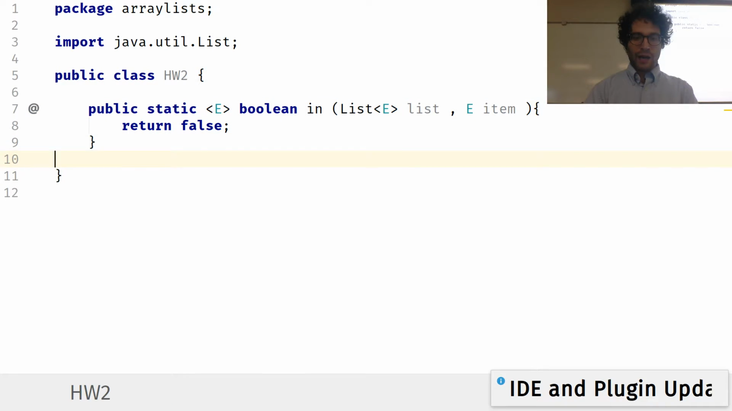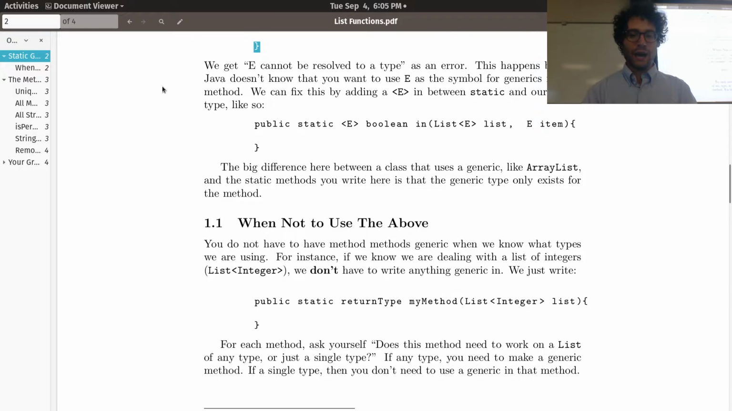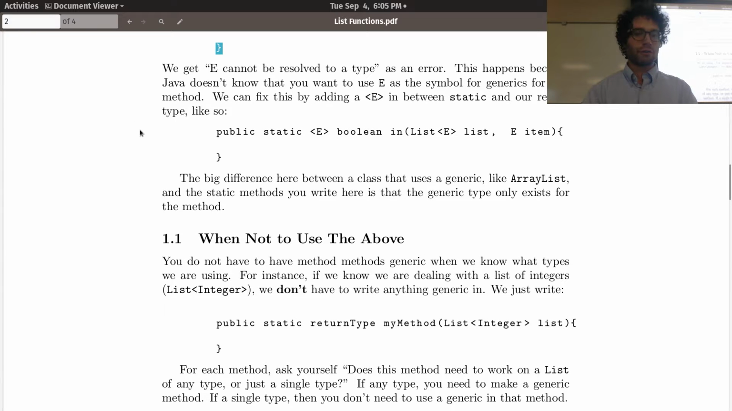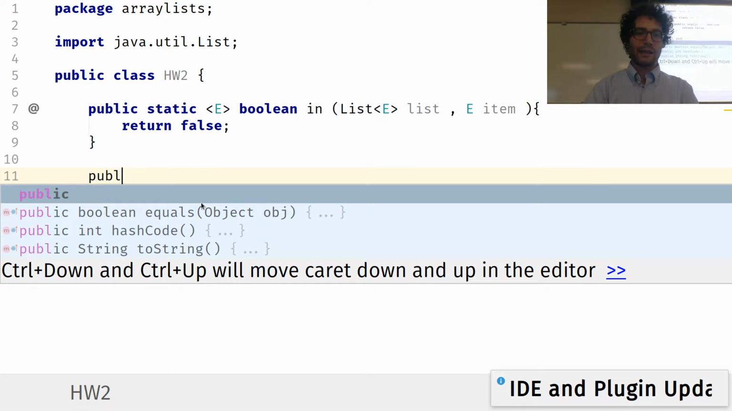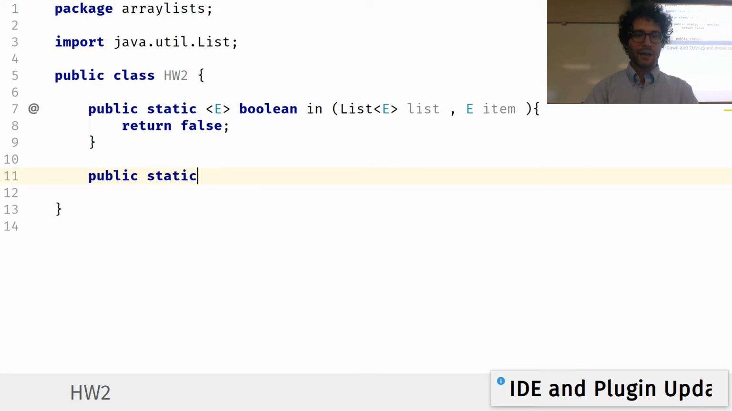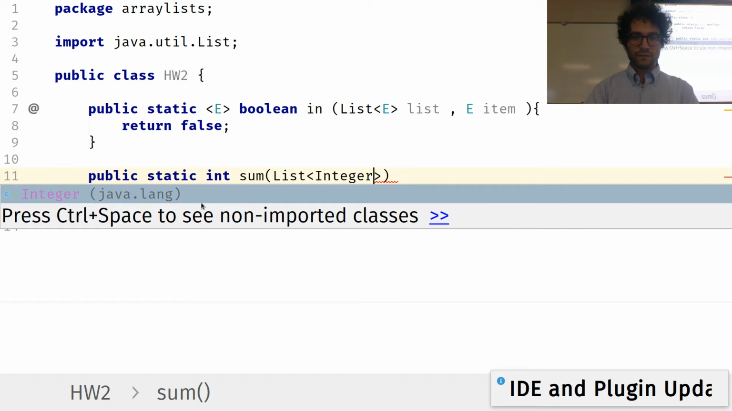Now the opposite of that, or sorry, not opposite, but when you don't want to use that is when you know your list is going to take in something. So for instance, let's go ahead and I'm going to write a method that takes in a list. Okay, public static int sum, right,